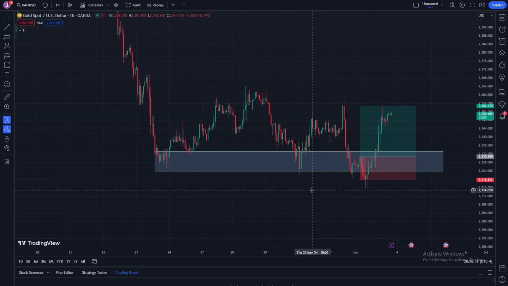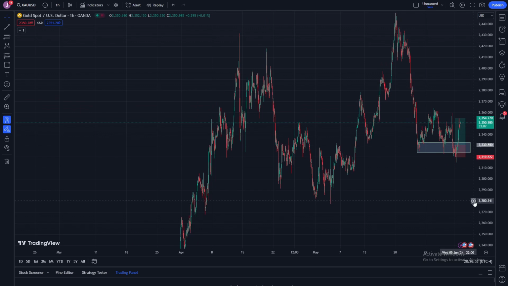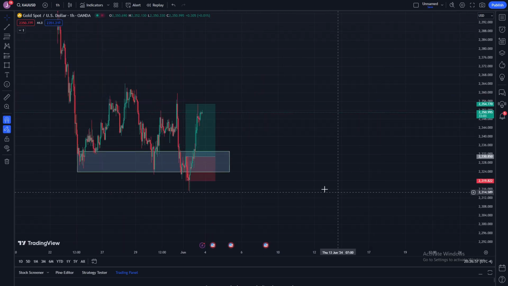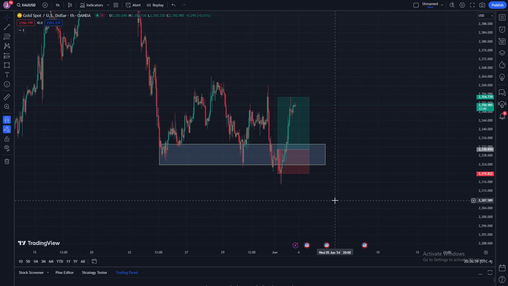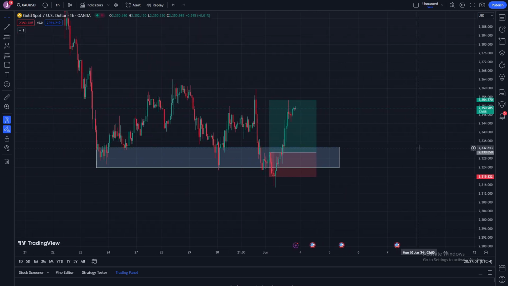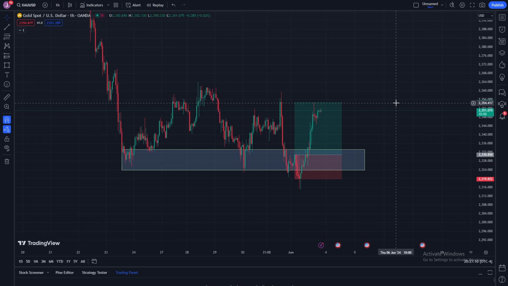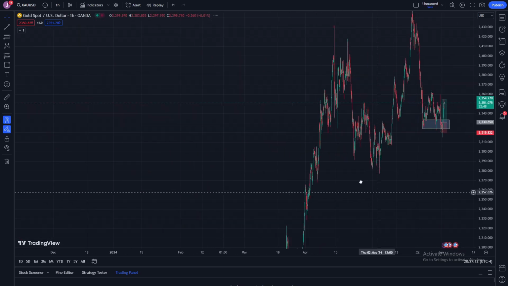Okay, guys. So as I said before, we're in an overall uptrend. However, we were going into an accumulation phase. So why is this important? And what is accumulation? What is a range? Accumulation or range is just where the market is not making a new high or new low via a trend. So as I went into this accumulation phase, I know that since gold is in an overall